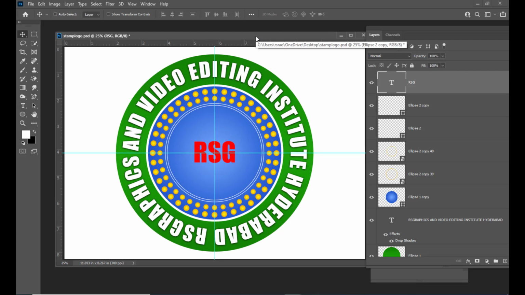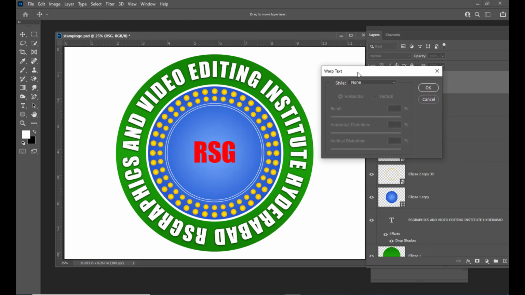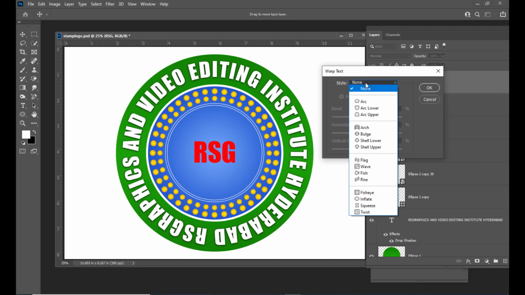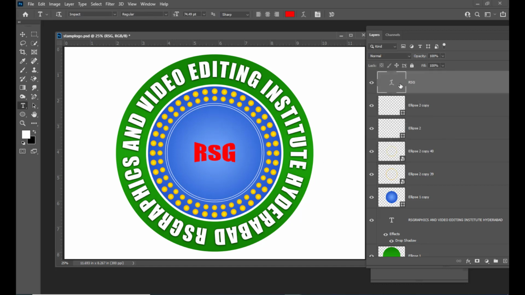Right, and what we'll do with this RSG is we'll first delete the guides, Control semicolon on PC or Command semicolon on Mac, and we will now select the RSG text layer, and we will apply some warp text effects to this particular text. So we'll use bulge, and we will just reduce it. Okay, this looks better. Right, I am using Impact font. Right, we'll slightly scale it,